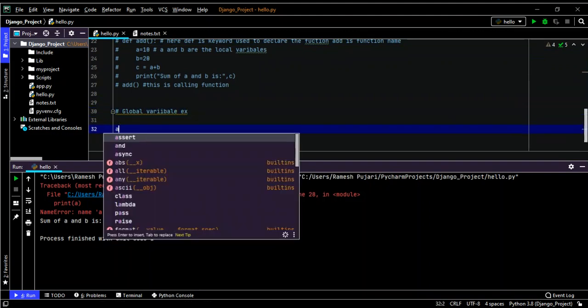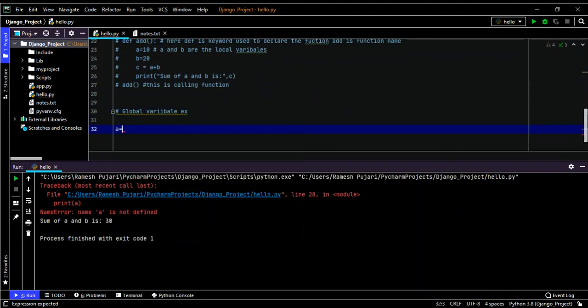Now I will define a variable a equal to 10, and then declare a function called add. This a equal to 10 becomes the global variable because I'm declaring it outside the function.